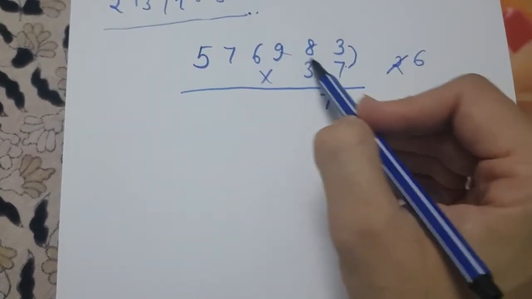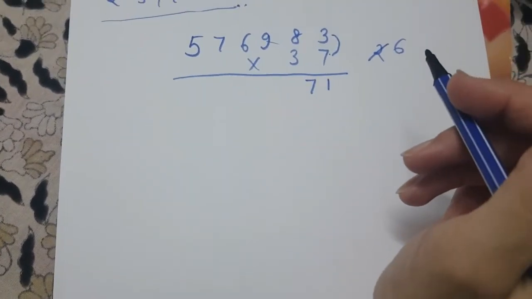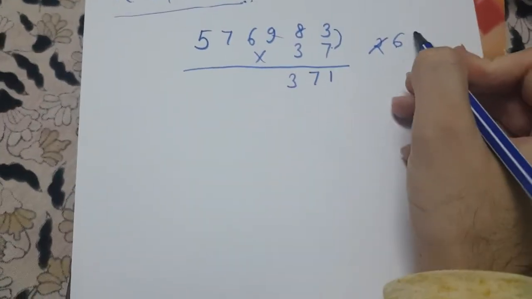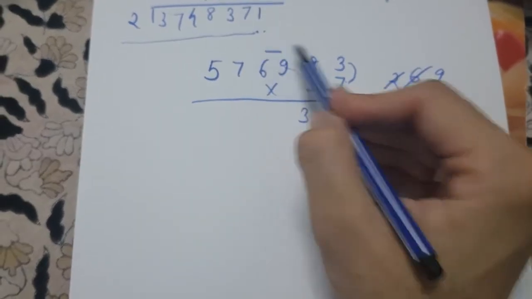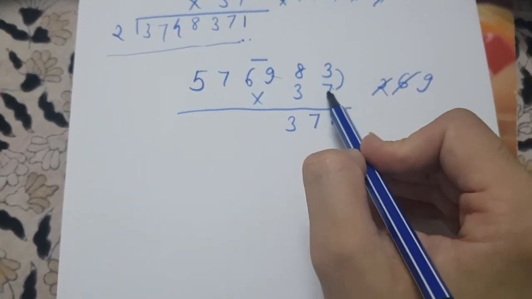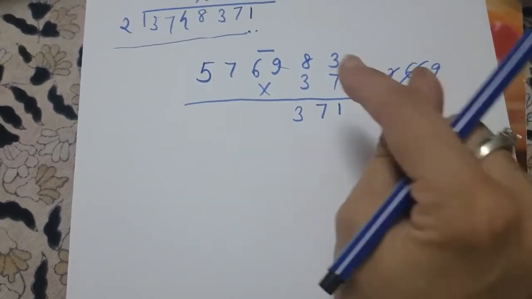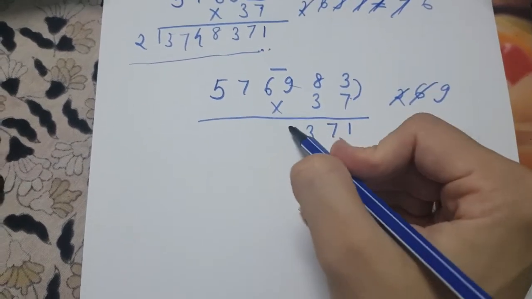Now multiply 9 cross 7, that is 63 plus 24, 63 plus 24, 73, 83, 87. 87 plus 6 carry on, so 93. 9 will be carry on. Okay, now you have to multiply this number. 6 times 7 is 42 plus 27, 52, 62. 62 plus 7 will be 69. 69 plus 9 carry, so your answer will be 78.